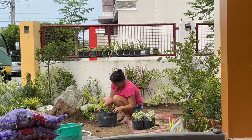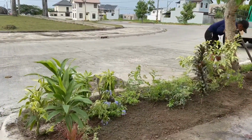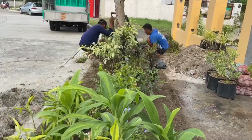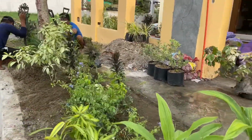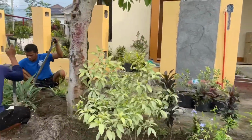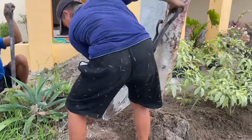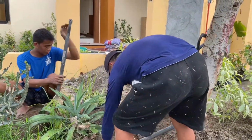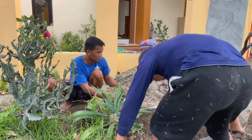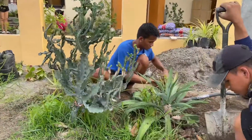My sister-in-law, Darling, is doing some planting here and there as she sees fit. It doesn't seem so nice now, but hopefully when the plants have grown to their mature heights, there will be a pattern that will be seen, and there will be a cluster of complementary colors of peach and purple. And on this side, the succulent garden area, I hope this will look like a rock garden with a lot of succulents in it, and with some designs on the surface, and a high and low arrangement,